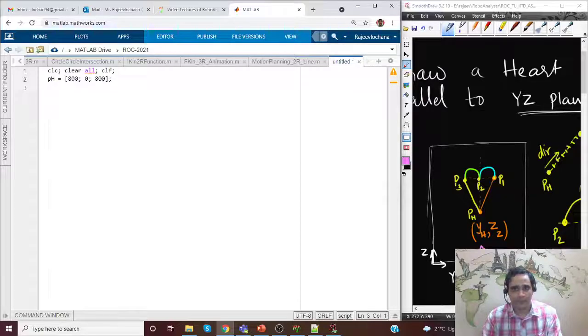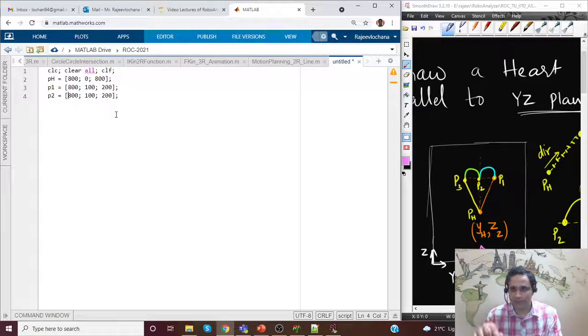So P1 will be XH, which is all going to be the same, 800. Y will make it as 100, and Z we will make it as 200. That is point P1. Similarly, we'll have point P2.